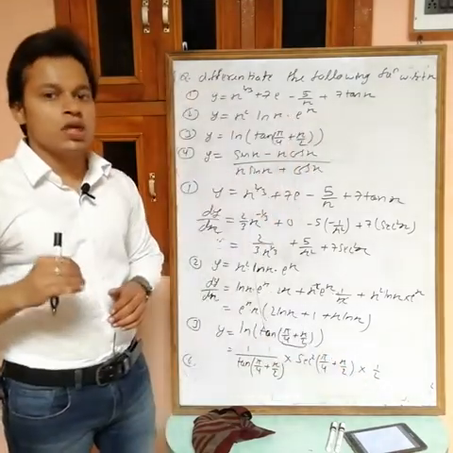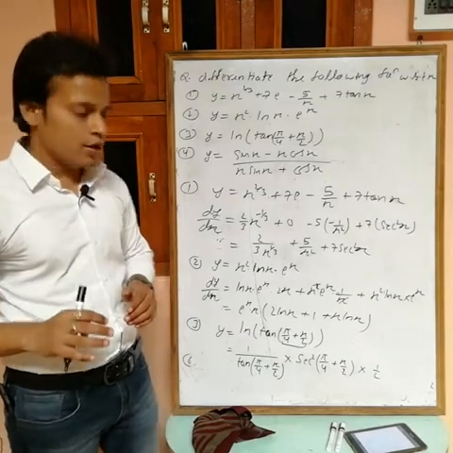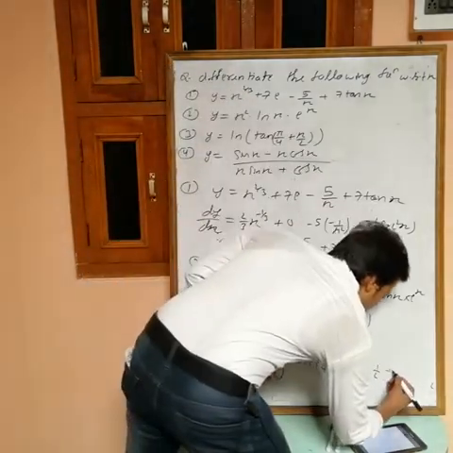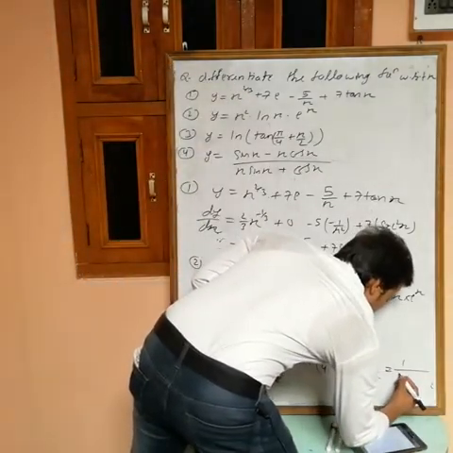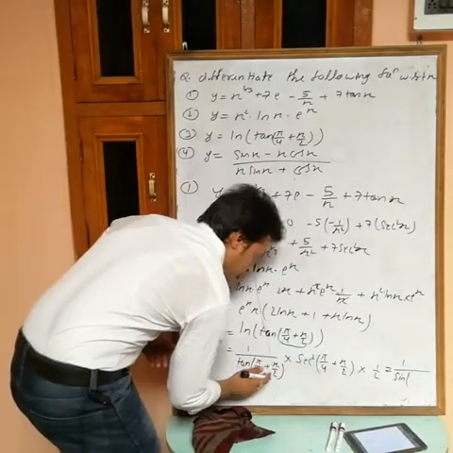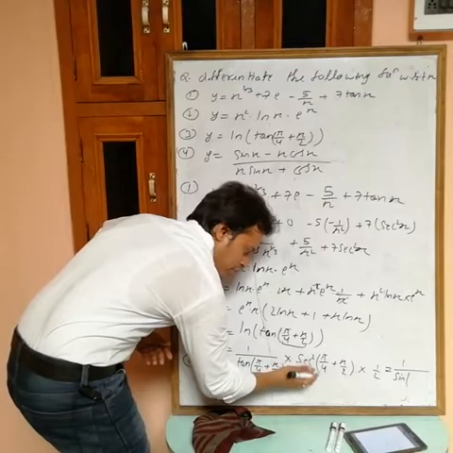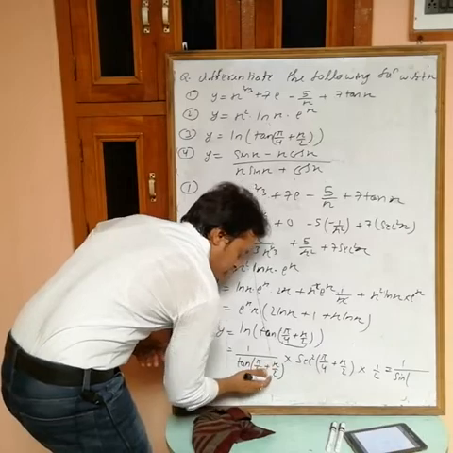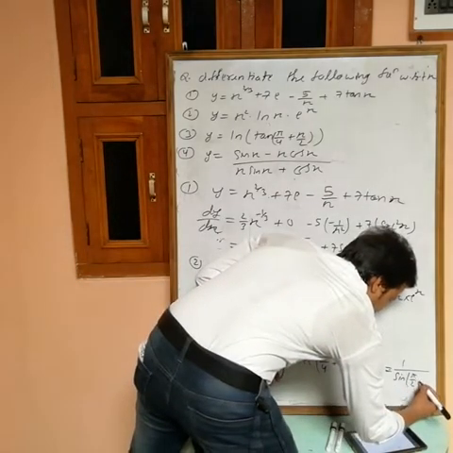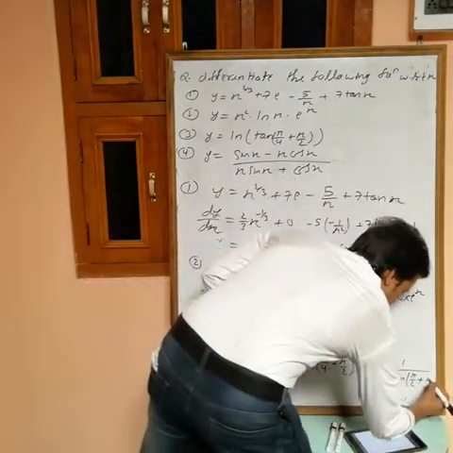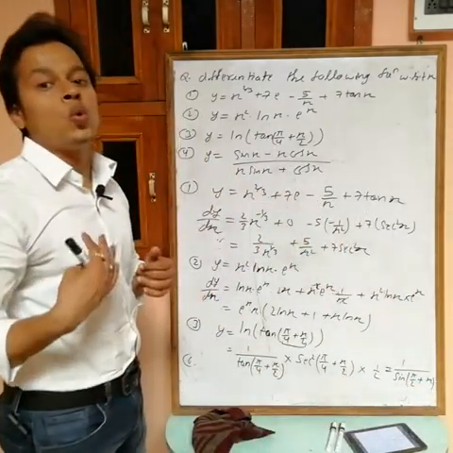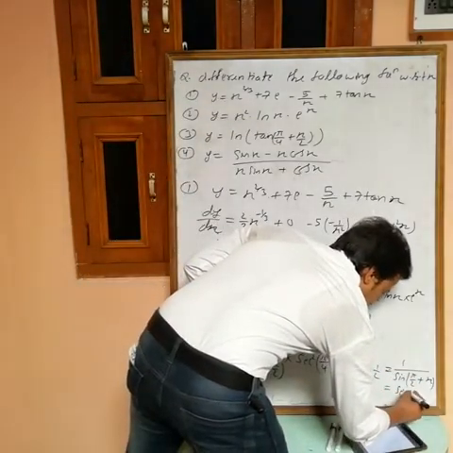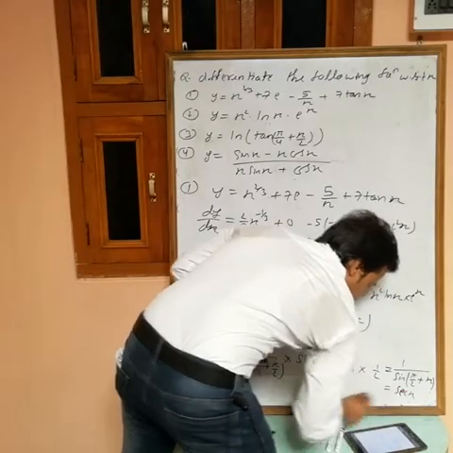This is like the 2 sin a cos a form, and that can be written as sine 2 theta. So if you simplify this one, then you will get 1 by sine 2 theta. 2 theta means twice of this one. Just write this one as 1 by cos square, sine by cos, cos cancels out, then 2 sine theta cos theta is sine 2 theta. 2 theta is pi by 2 plus x, since we are multiplying this one with 2. Sine of pi by 2 plus x is cos x, and 1 by cos x is sec x. So this is the answer for this one, sec x.